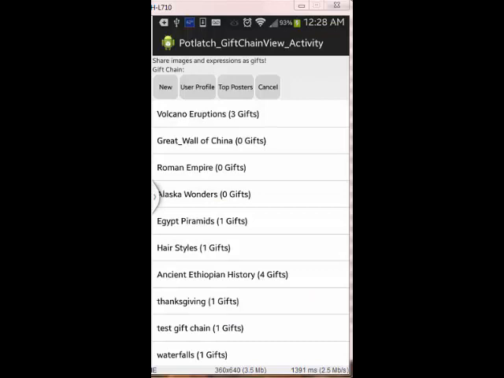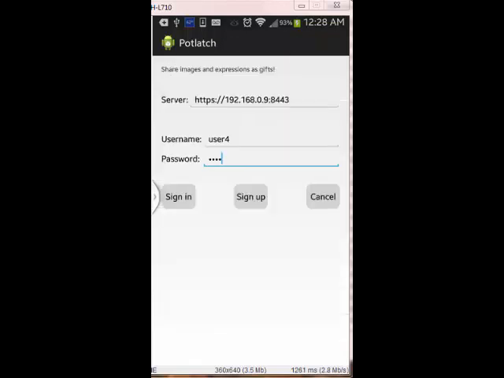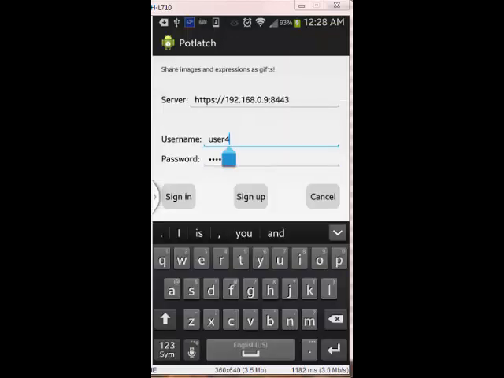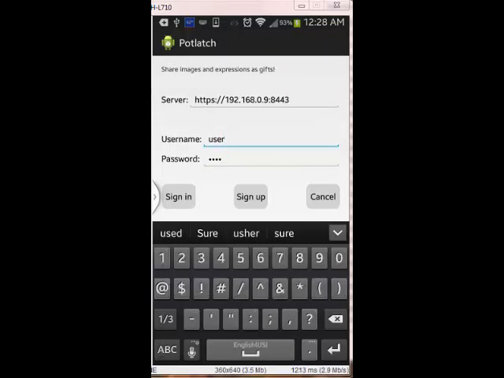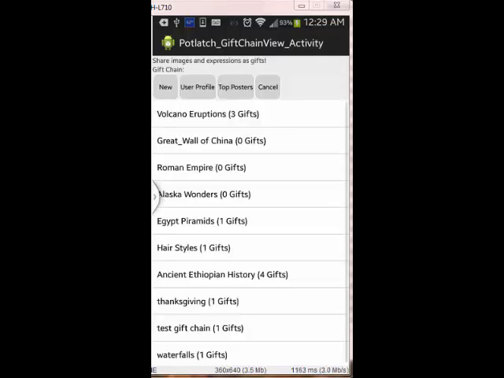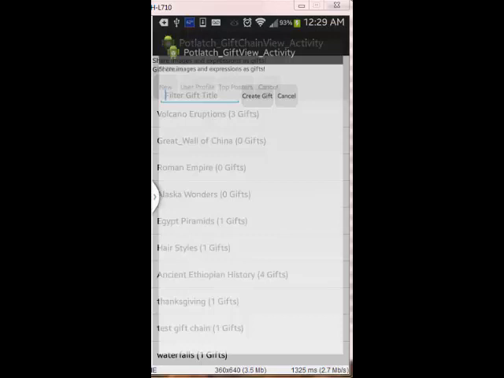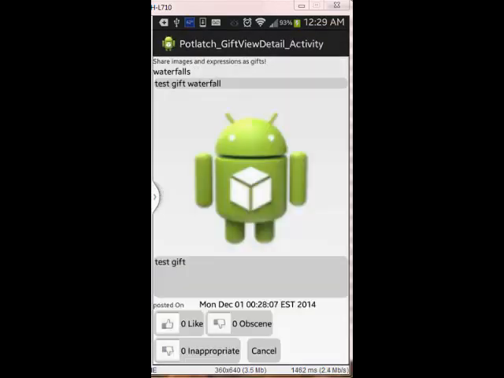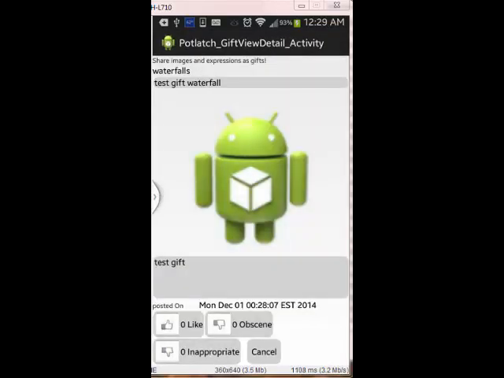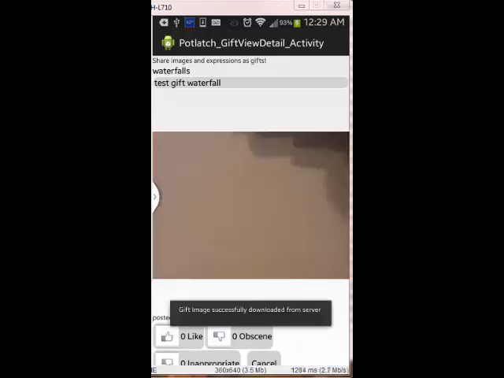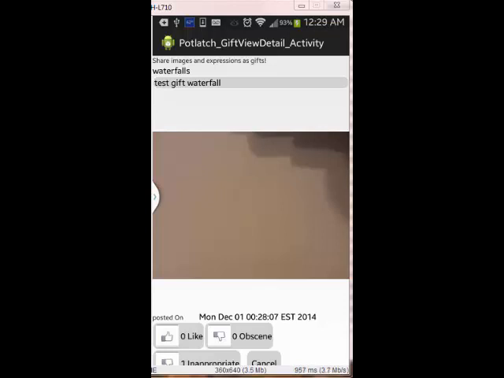If I go back, some of the users like this, user three, sign in, and that's the waterfall. So if this person marked this gift as inappropriate, so inappropriate is now one, I can double click,